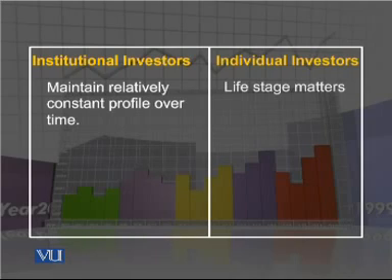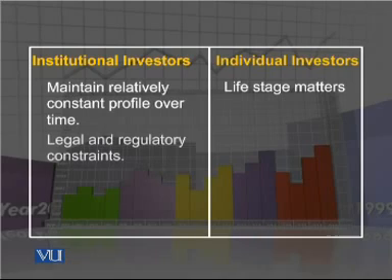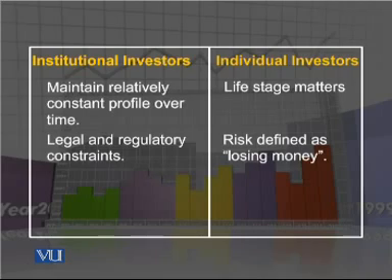When we're talking about individual investors, they have to look at what sort of risk and time horizon they're looking at. Age is going to be paramount in making a decision. In institutional investors, we also look at aspects such as legal and regulatory constraints. On the other hand, an individual investor is more focused on risk, defined as what? Simply put, in layman's terms, losing the money, losing the shirt off your back, getting worried of turning from a prince into a pauper, instead of a pauper into a prince. These are the holes in the pockets that you have to look at as an individual investor.